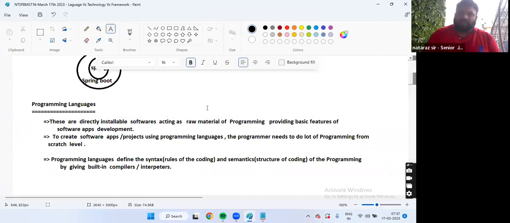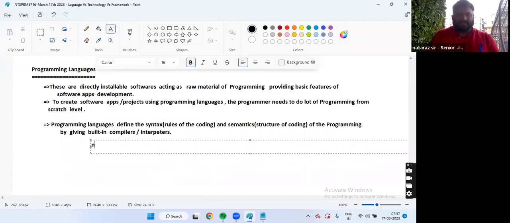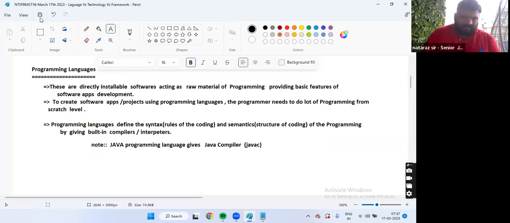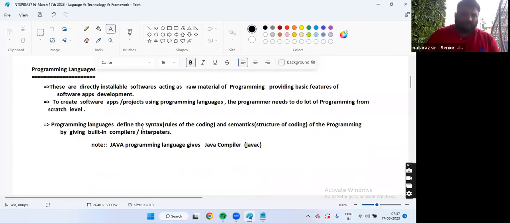Note, guys: the Java programming language gives the Java compiler, that is nothing but javac. Everyone getting my point, guys?